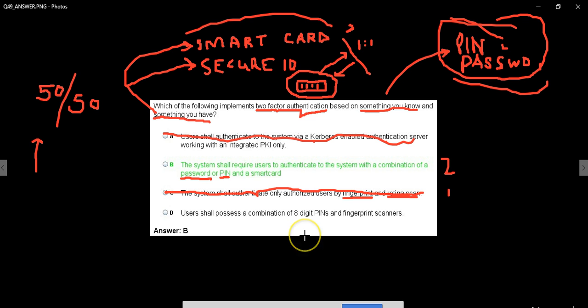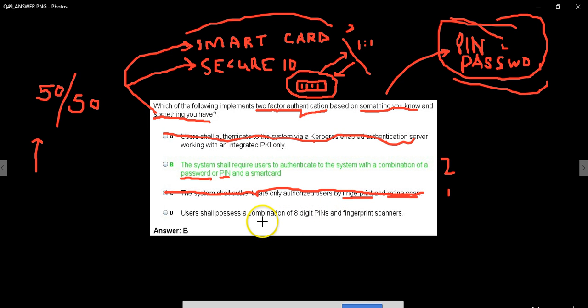Users shall possess a combination of 8-digit PINs and fingerprint scanners. I don't really know what that means,